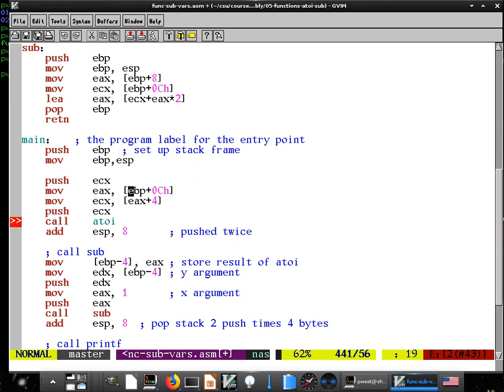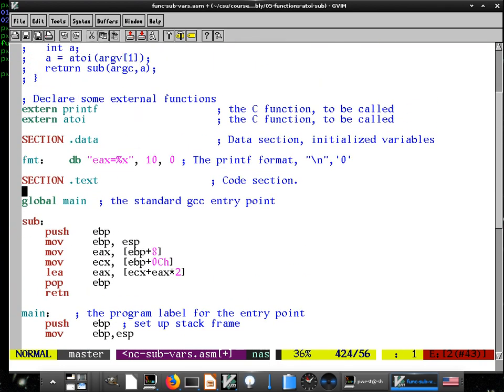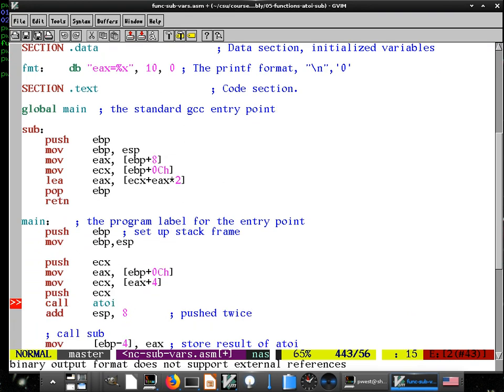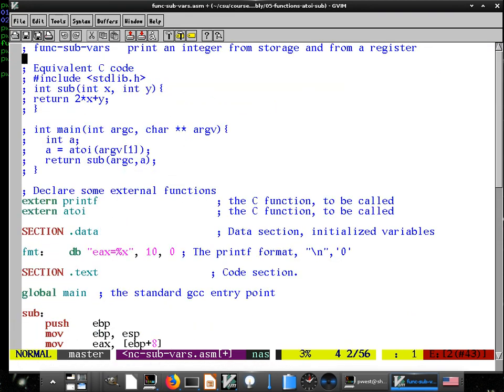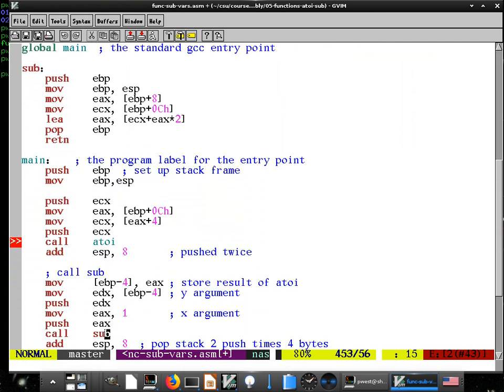Because then if you look at this, we get 0C, and that'll be the first parameter. Then we're going to add 4 for some reason. That's a good question. Oh, I know why. Because that's argv sub 1. We're getting this thing, argv sub 1, so we have to add 4 to it. So in other words, this gets the pointer to argv, this jumps to the next element, the sub 1, then